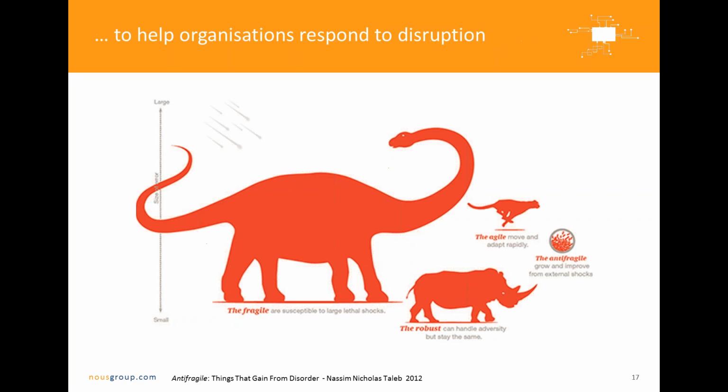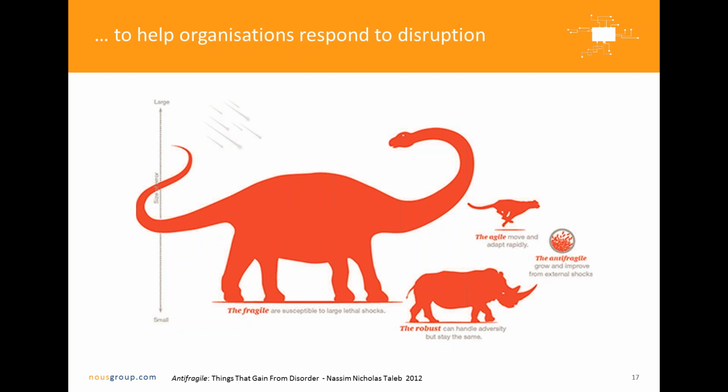And even more than agile, this is a nice little slide from the book, Anti-Fragile. It's a nice reminder that all the disruption in the environment can be threatening, but it can also be a great opportunity. Some organisations try and be robust in the face of adversity. Some try and be agile and nurture the capabilities associated with agility, i.e. how can I be more sensitive to the changes in the environment? How can I build cohesive leadership teams that are constantly swapping intelligence and ideas? How do I put resources quickly into new opportunities as they arise? Those are the sorts of things that are associated with agile organisations.